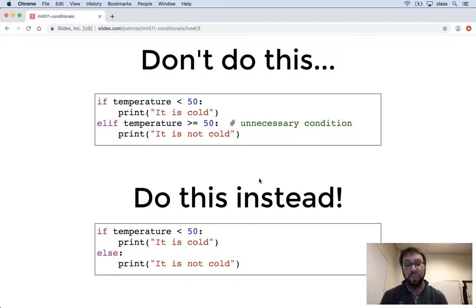Boolean operation. If you have multiple gradations of weather, like we did in the previous example, you need to use something like an elif, but if you find yourself saying if true, else if false, don't do that kind of work. That basically ends up being unnecessary and redundant, and it means if you want to adjust things later, you have to do multiple changes, and it makes it much harder to read and understand what your code is